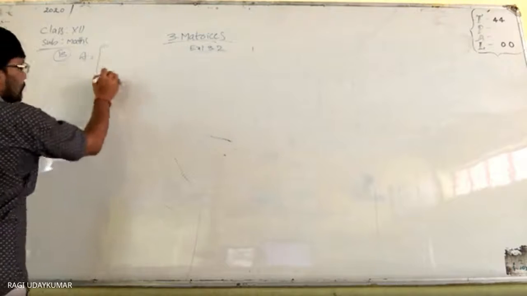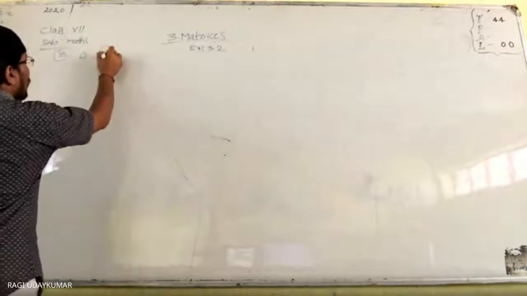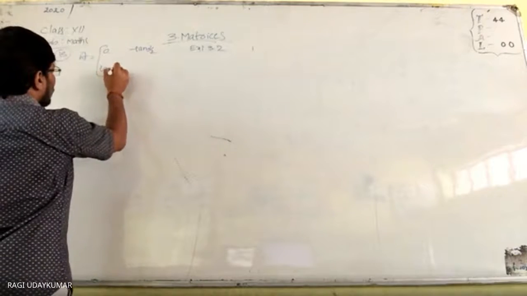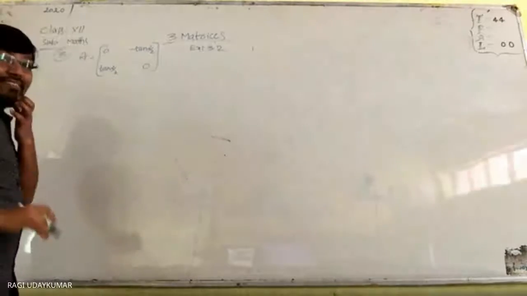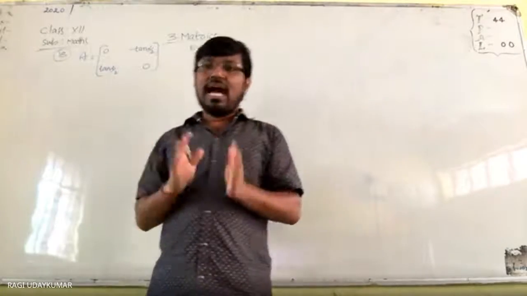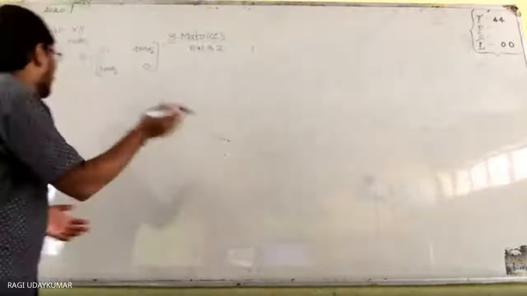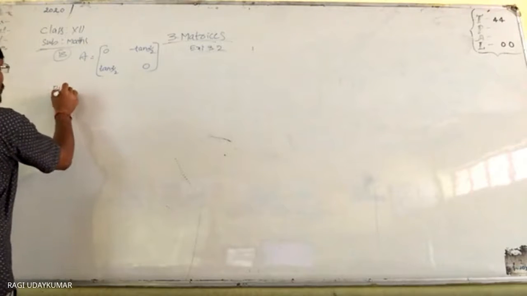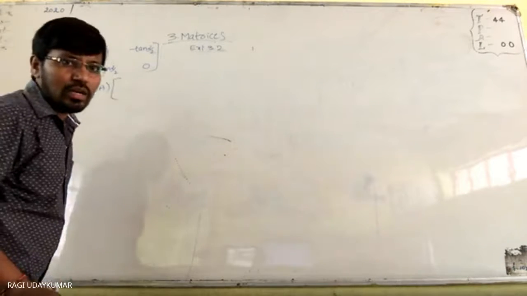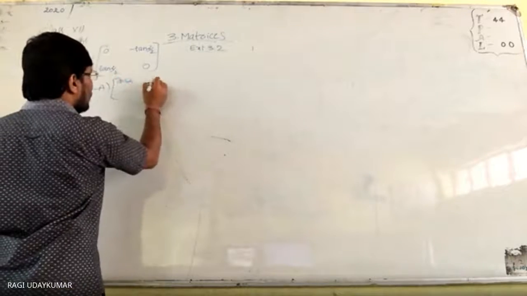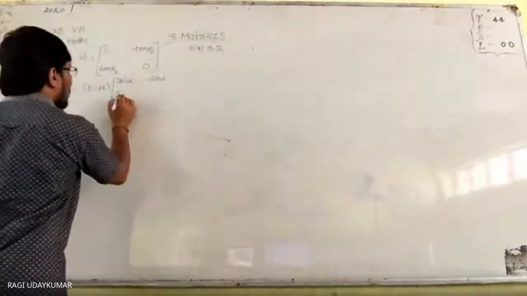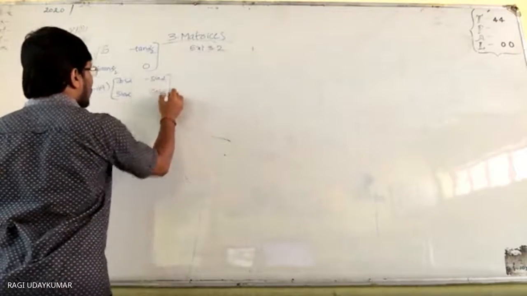A is equal to, the matrix is given to you, 0, minus tan alpha by 2, and tan alpha by 2, 0. First you take the right hand side, RHS; the left hand side is I plus A, where I is nothing but 1, 0, 0, 1. If you want, you can take the RHS first. RHS is given to you: I minus A into cos alpha, minus sin alpha, sin alpha, cos alpha. So I, that is, 1, 0, 0, 1 minus these two matrices.